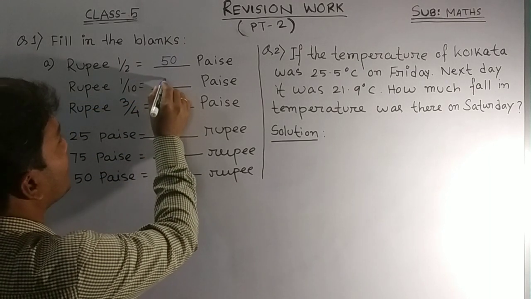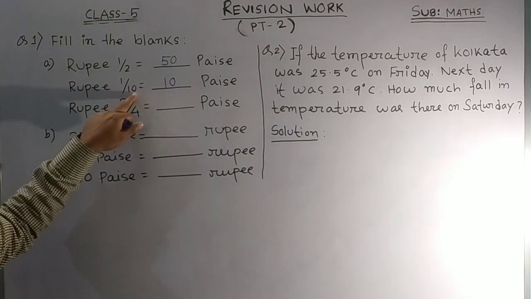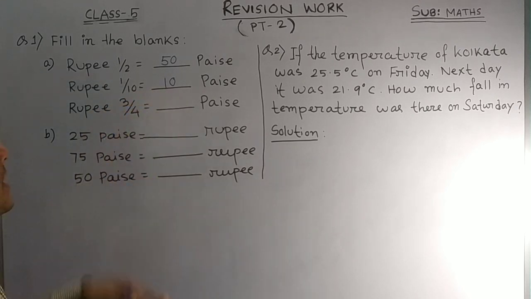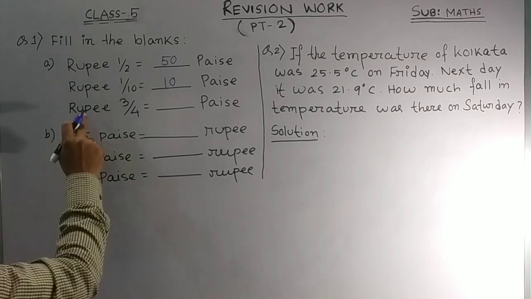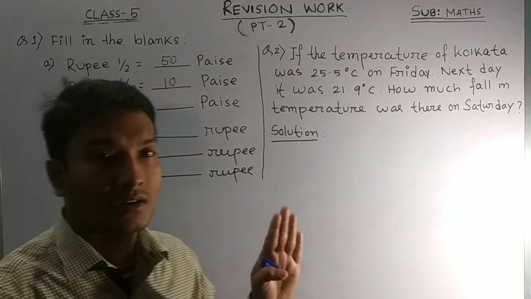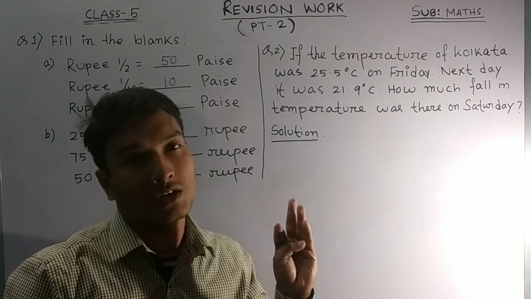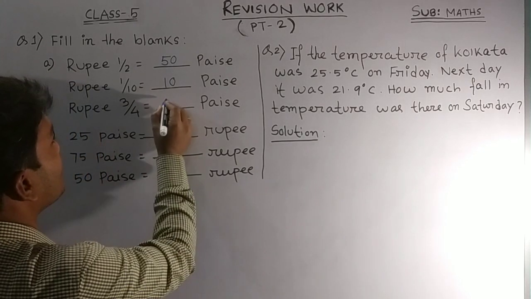It is 10 paise, because you know 100 divided by 10 is 10 paise. Then rupee 3 by 4. If it is fourth, that means 4 parts, that means 25, 25, 25 and 25. So there are 3 parts,